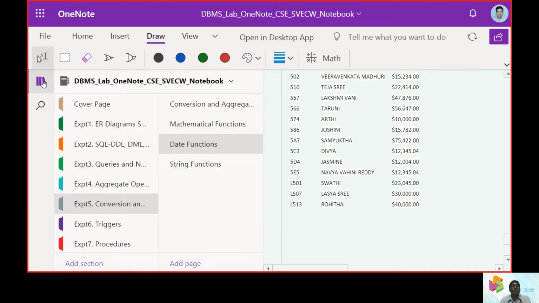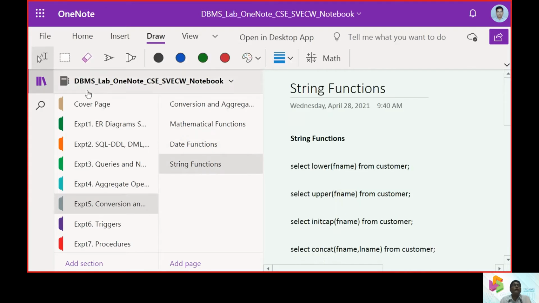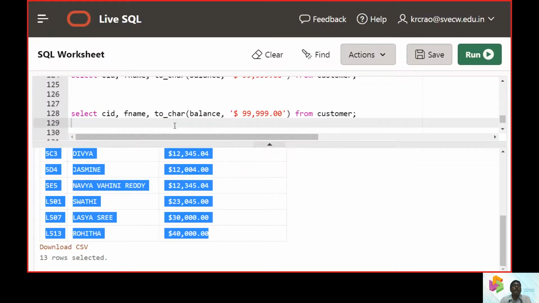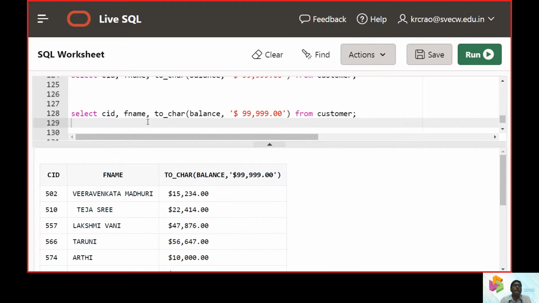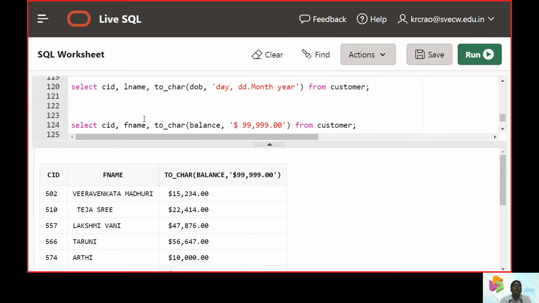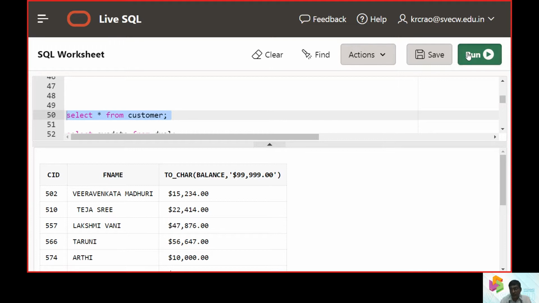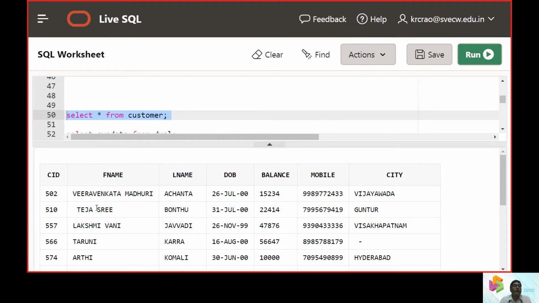So after this, we will now work with the string functions. Now you can see the first names, they are all presented in uppercase. If we check the customer table, how it is going to be displayed, in this case all are put in uppercase.